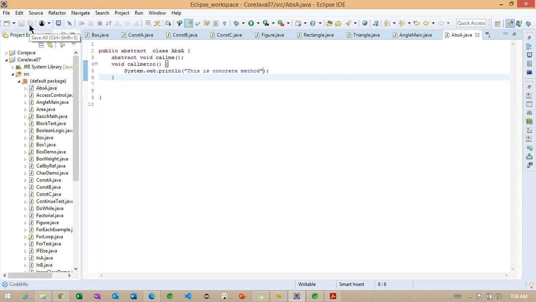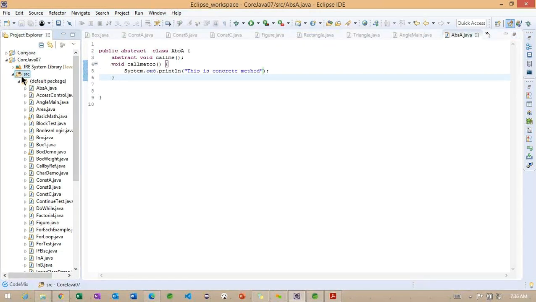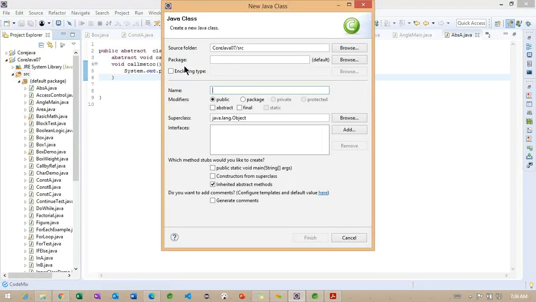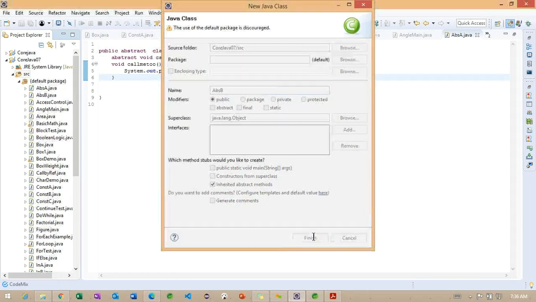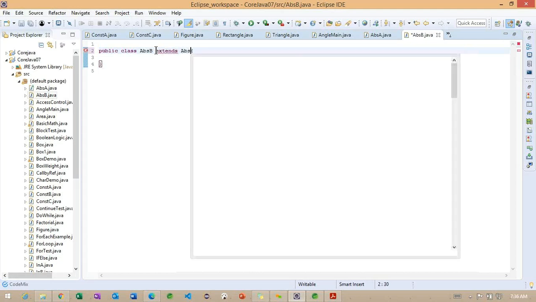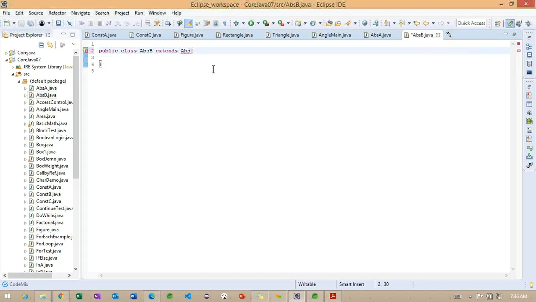Now, once we create this abstract class A, I'm going to create one more class here, called ABSB. And this ABSB is going to extend from ABSA. Right.